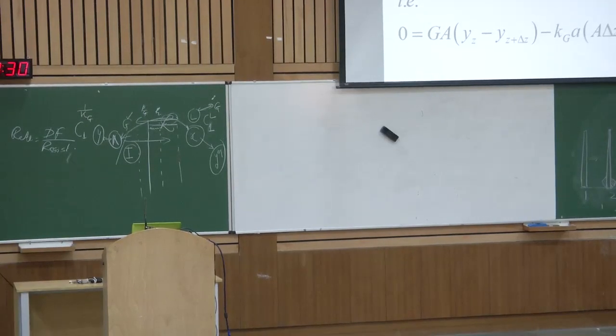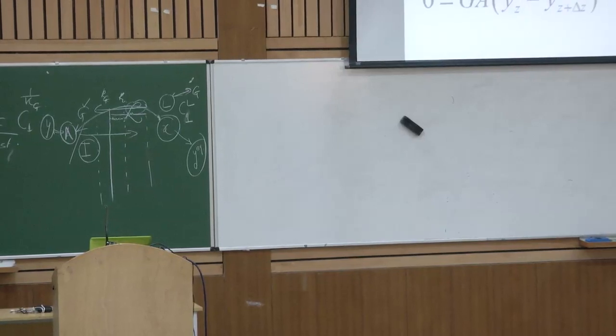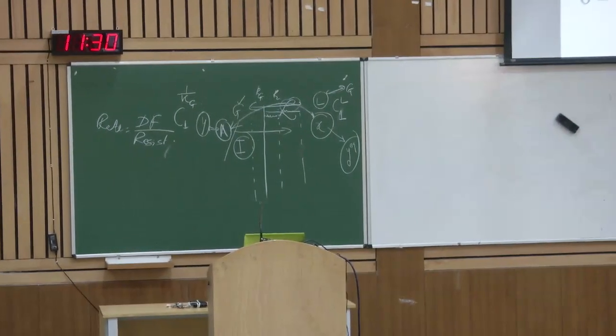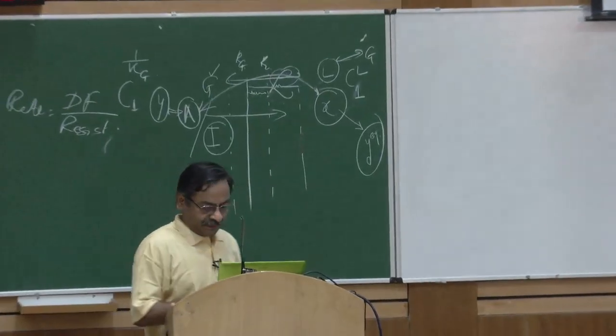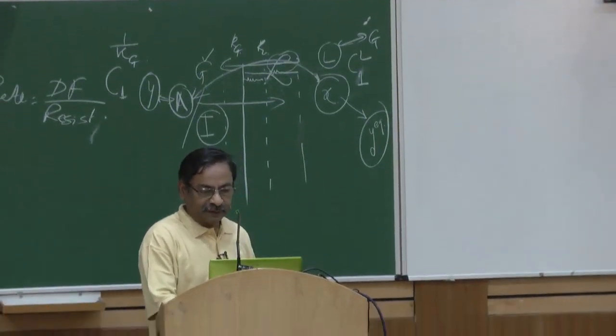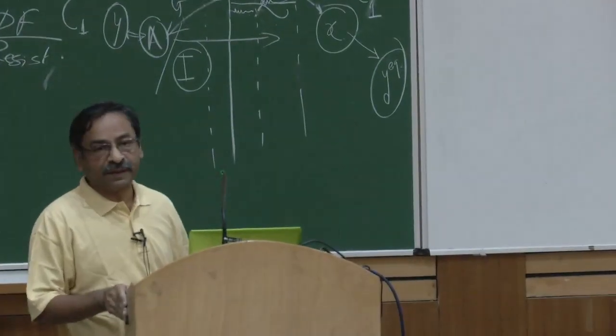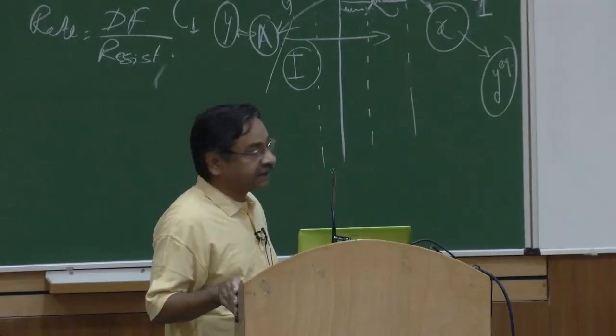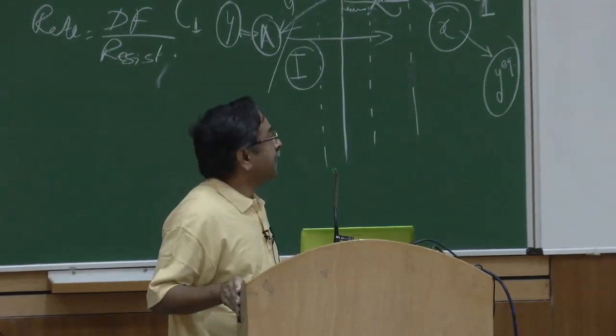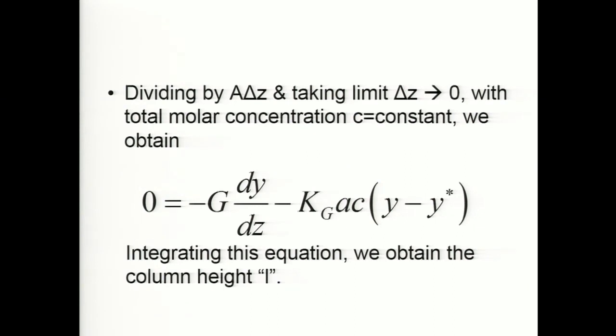our equations again. So, what we had done was basically made the partial mole balance on the gas phase alone, and then we divided it by A delta z, took the limit delta z tending to 0, and it gave us this equation: minus G dy by dz. Please remember, it's fundamentals. Henry's law is a statement of equilibrium. Okay, it is a statement of equilibrium, and it holds good only for sparingly soluble gases. That's exactly the point of departure.